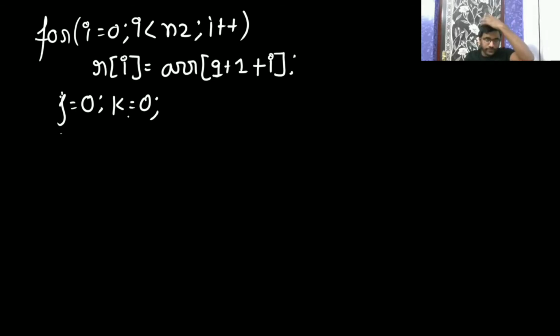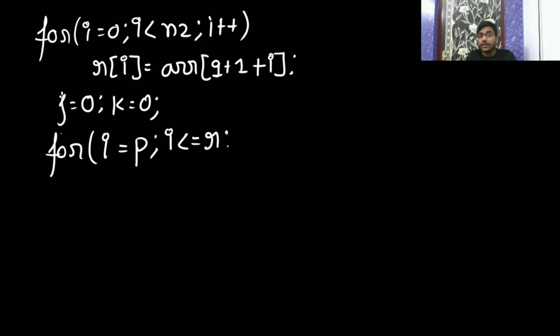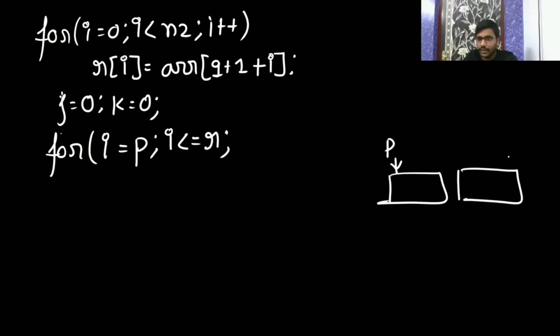Now I will execute a for loop, because the starting index of i is going to be p. From p I am going to start, and it will run till r. Now I am going to do the merging. Now I have got two arrays, left and right, and the total elements have indices from p till r. So it will run from i equal to p to r and i plus plus.